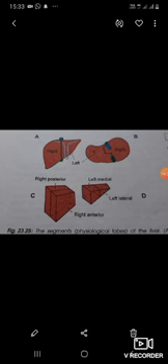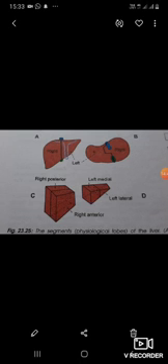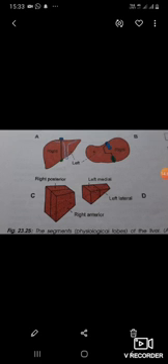The right lobe is subdivided into anterior and posterior segments and the left lobe into medial and lateral segments. Thus, there are four segments in the liver: number 1, right anterior, right posterior, left lateral and left medial. Some authorities further subdivide each of these segments into upper and lower parts. The hepatic segments are of surgical importance. The hepatic veins tend to be intersegmental in their curves.